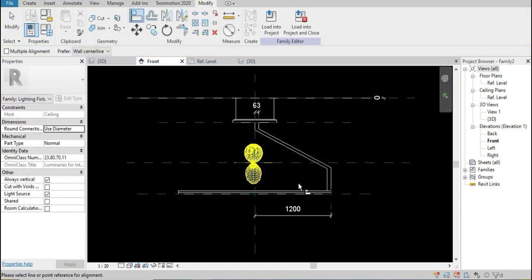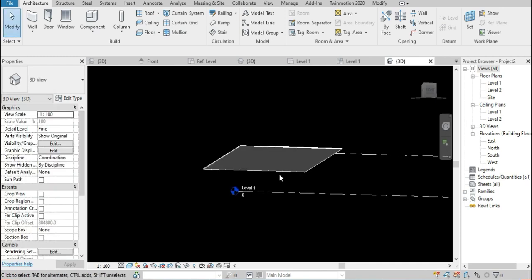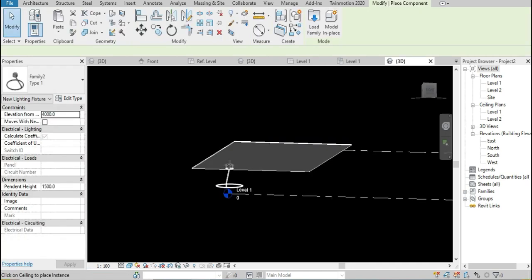So finally we load this family into a sample project, and we'll do a render, and let's see the effect of this lighting.